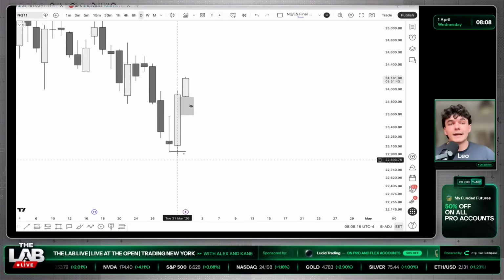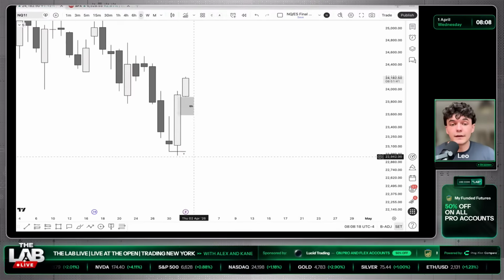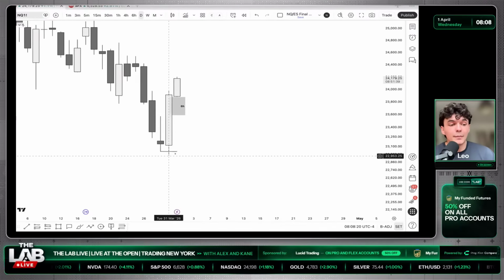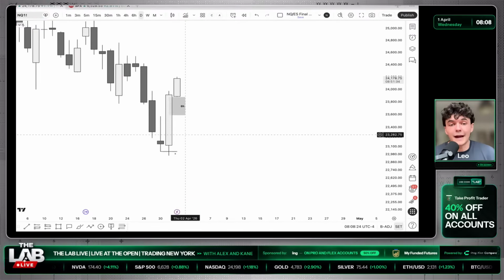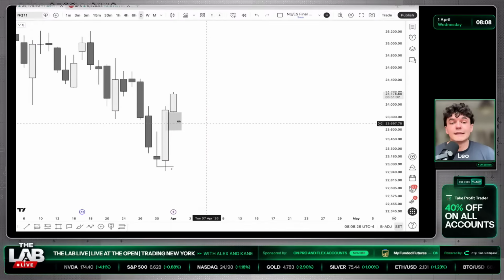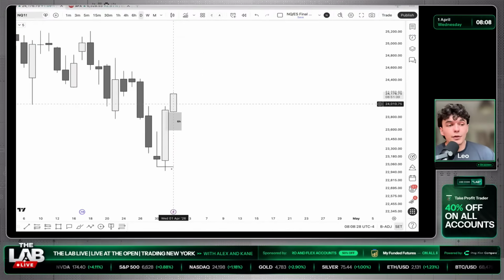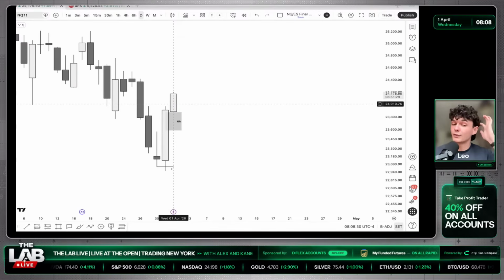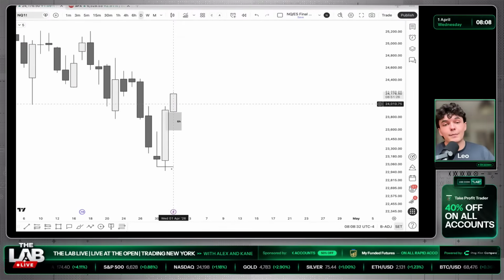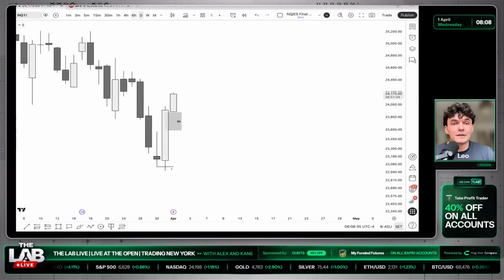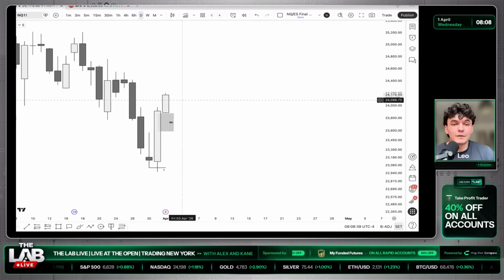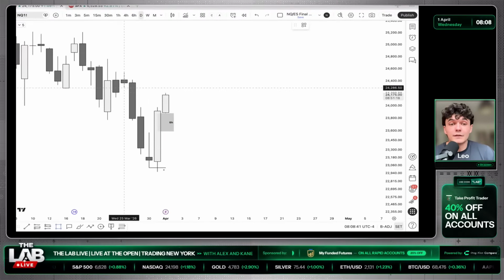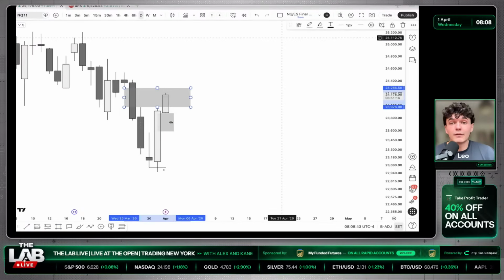So here with NASDAQ, what do we see on the daily? Well, Tuesday swept out. We saw a bearish manipulation of Monday's low, which has now led to a bullish distribution higher. Following that, we now have Wednesday session, which would be considered a candle 3 profile. For those of you that know how I trade, I typically like to trade the expansion leg of candlesticks. And so here on the daily time frame, we are now seeing a candle 3 expansion higher. So when it comes to analysis for today, genuinely, I'm looking for higher prices.